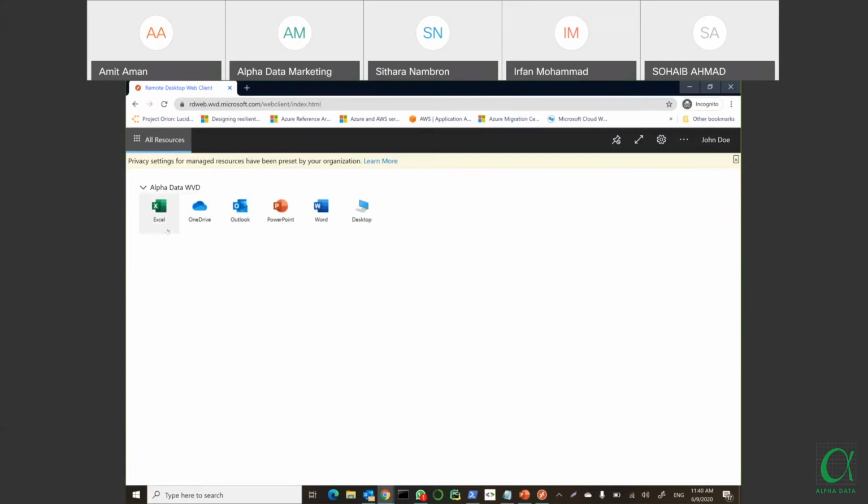As you can see, these many applications have already been created here: Excel, OneDrive, Outlook, PowerPoint, Word. We'll see how to add another application in this host pool. Additionally, you can see that there is another desktop also available.